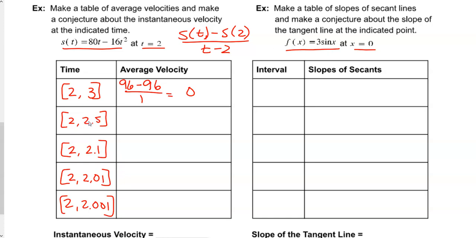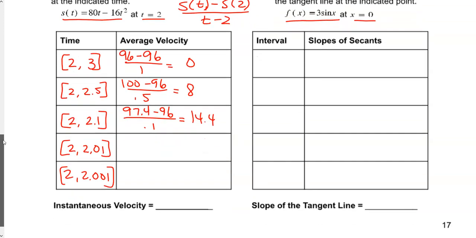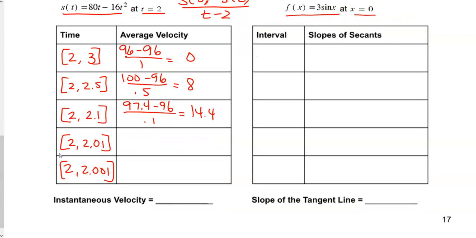If I look at 2.5 and plug it in here, that will give you 100 minus 96 all over 0.5. And if you compute that, you get an average velocity of 8. If I put 2.1 in and subtract from s of 2, I get 97.4 minus 96 all over 0.1, which equates to 14.4. If I then plug in 2.01, I get